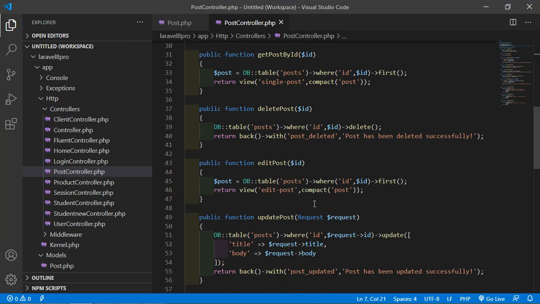Here let's create a method for fetching all the posts from the post table.